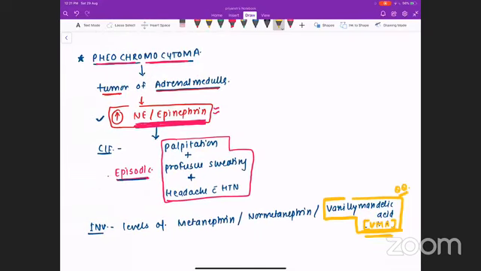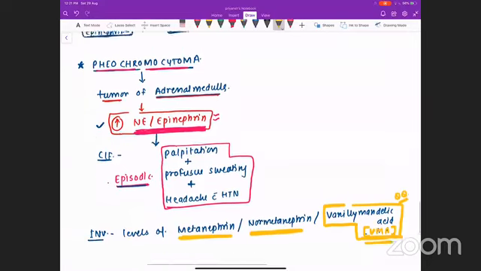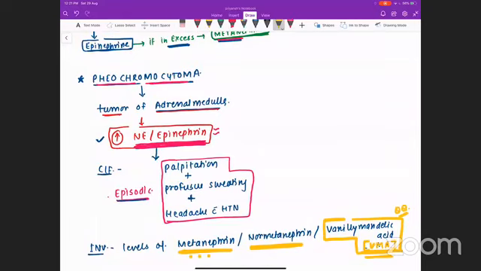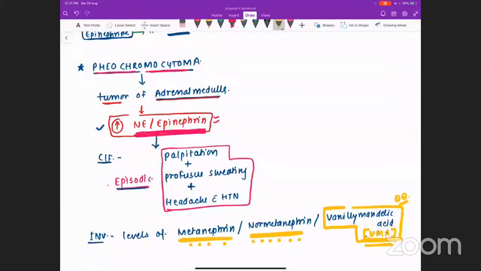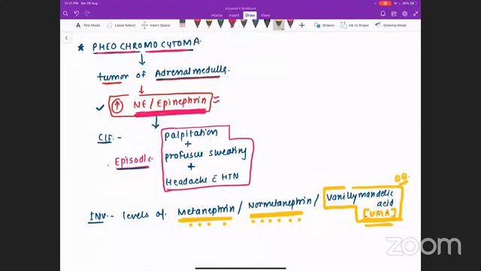So this is the first clinical correlation from pheochromocytoma. You will discuss this in medicine and pathology again. They will say that in pheochromocytoma there is an increased amount of these three molecules in the urine. They will not say where these three molecules are coming from, because it is not their part to discuss the pathway. So from this you can easily correlate how these three molecules are coming in the urine. In medicine, you can add one more piece of information. There is something called the rule of 10. The rule of 10 is followed by pheochromocytoma.